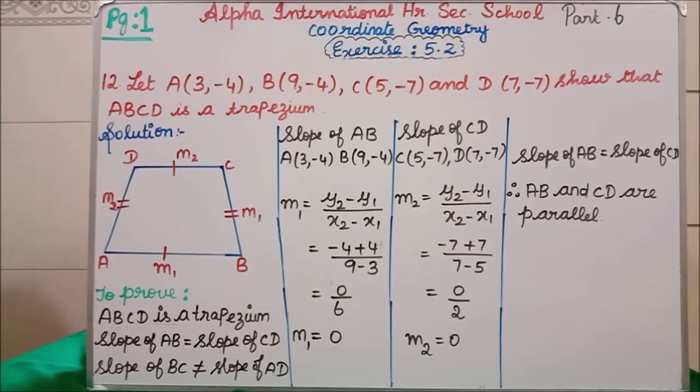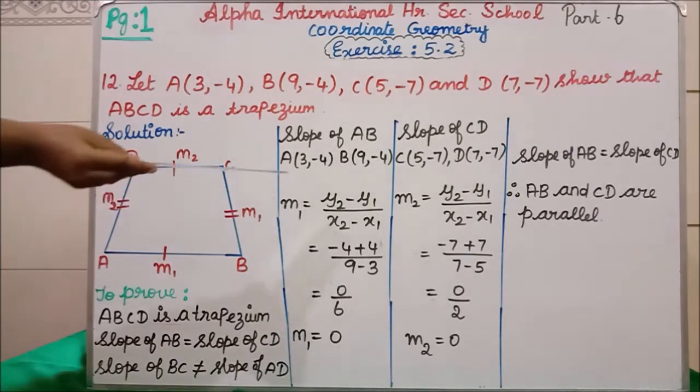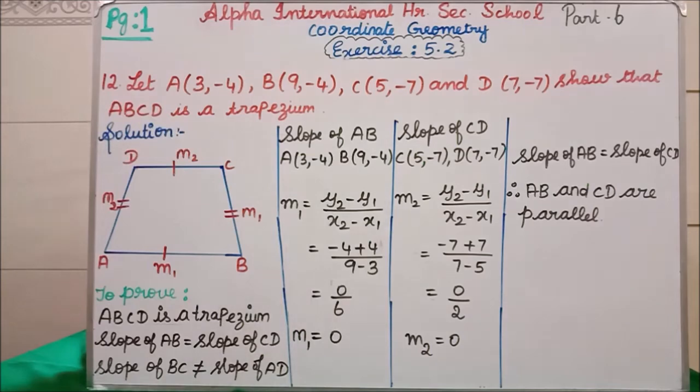Clear? We are starting with slope of AB. The A value and B value we know. Again the two-point formula. The slope two-point formula is (y2 minus y1) divided by (x2 minus x1). Here we will use the two-point formula. Here this is our x1, y1, x2, y2. Students, write x1, y1 below using a pencil. Clear? Only then can you substitute the correct values.